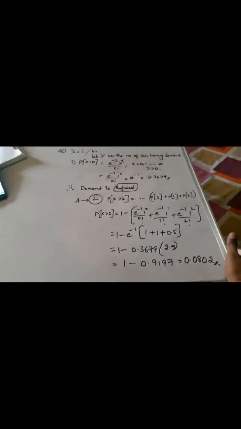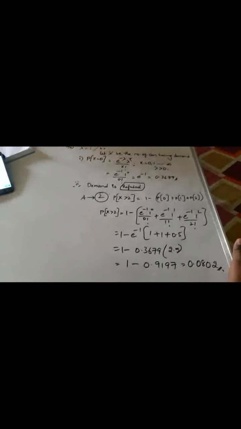First one, cars are free, so P of x equals 0. Second one, demand is refused. The agency person has only 2 cars. In that, every hour one demand will be there. But when a customer requires more than 2 and he is unable to provide, the agency person definitely refuses the demand.